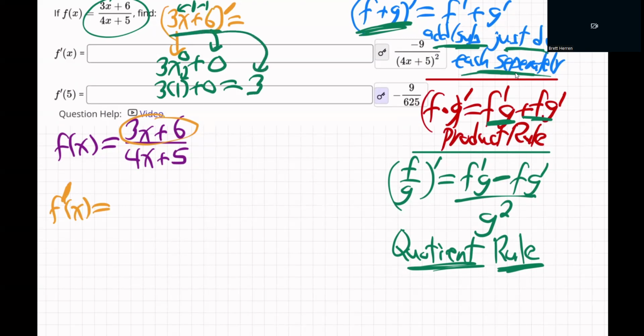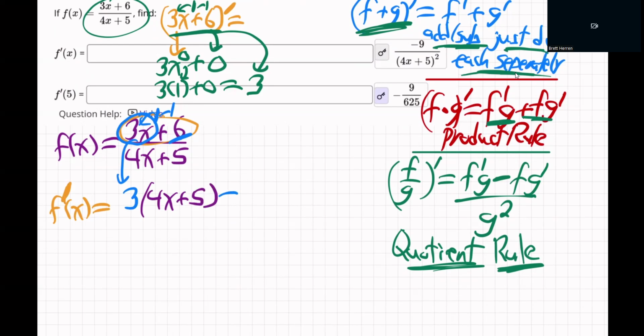Is that making sense? So if you want to save time in the future, you can just say, look, when you have just a number next to x, that 1 power just comes down, and then subtract 1, 0 power, it's gone. And the constant number is just 0. So there's the derivative of the top times the bottom just sits there